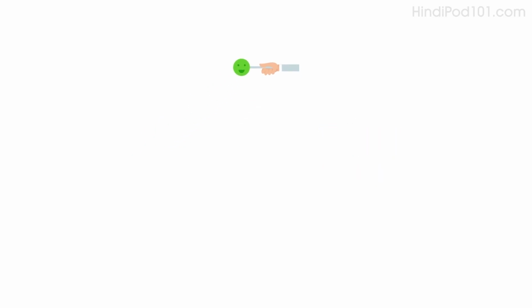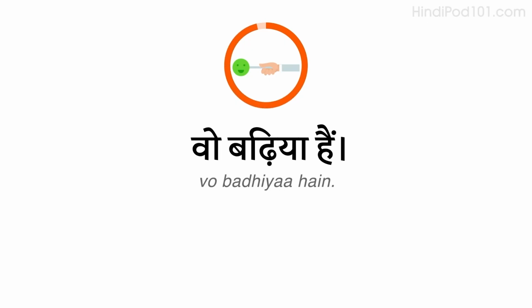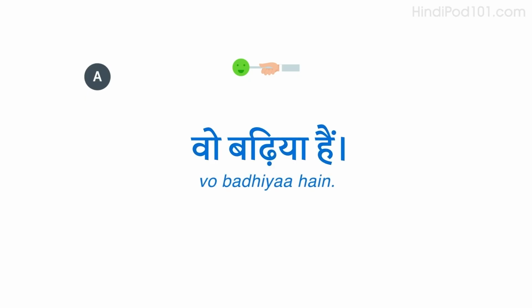Say, she's great. वो बढ़िया है। Now, answer the question saying she's great. तुम्हारी माँ कैसी है? वो बढ़िया है।